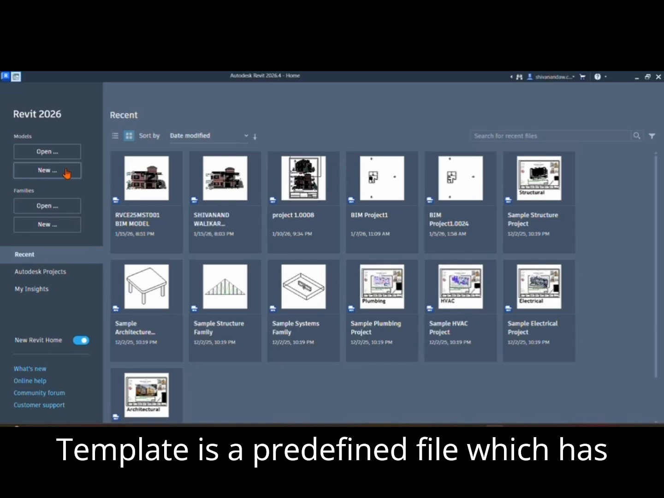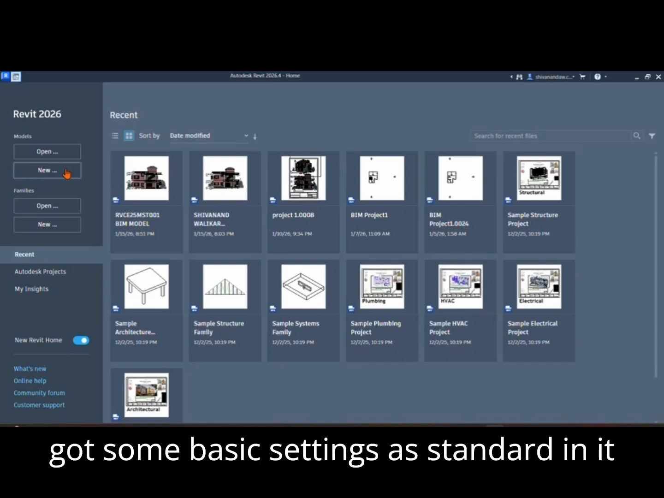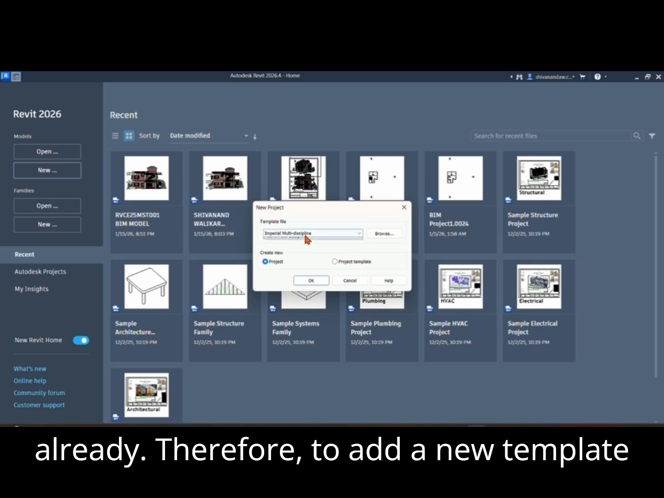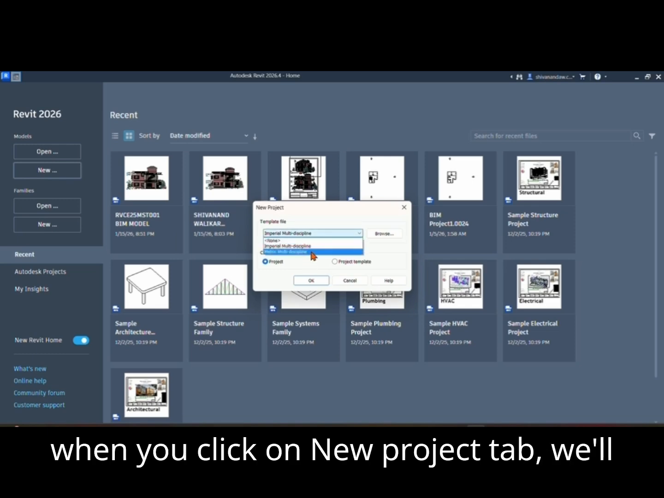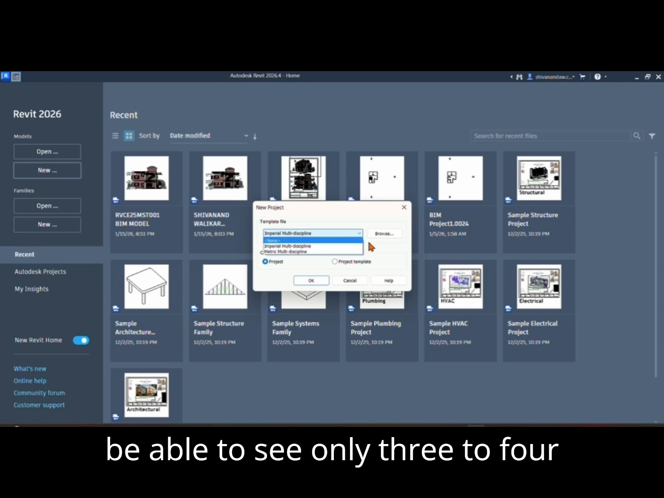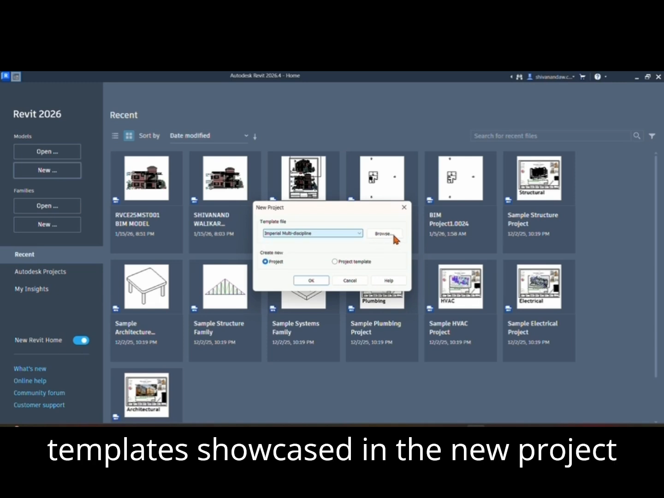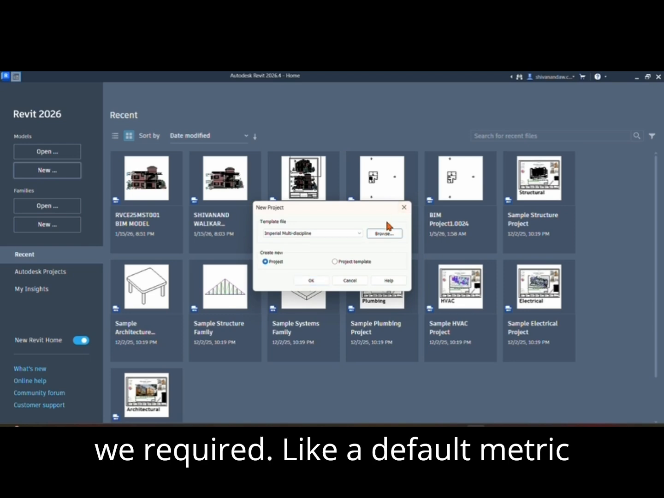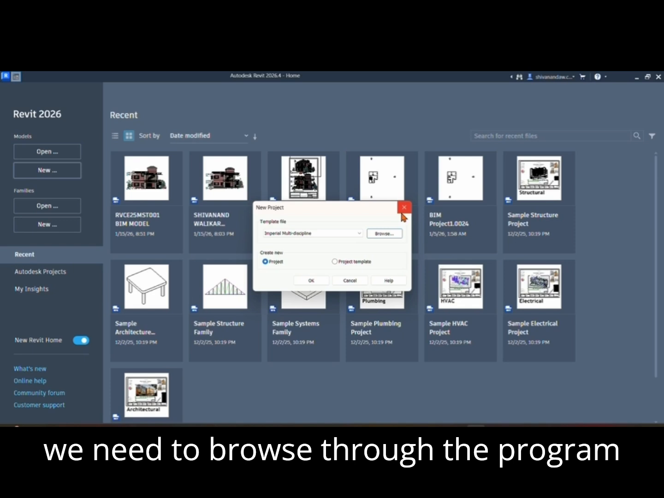A template is a predefined file which has some basic settings as standard in it already. Therefore, to add a new template, when you click on the New Project tab, we'll be able to see only 3 to 4 templates showcased in the New Project tab. Therefore, to add the templates which we require, like a default metric template or structural analysis template, we need to